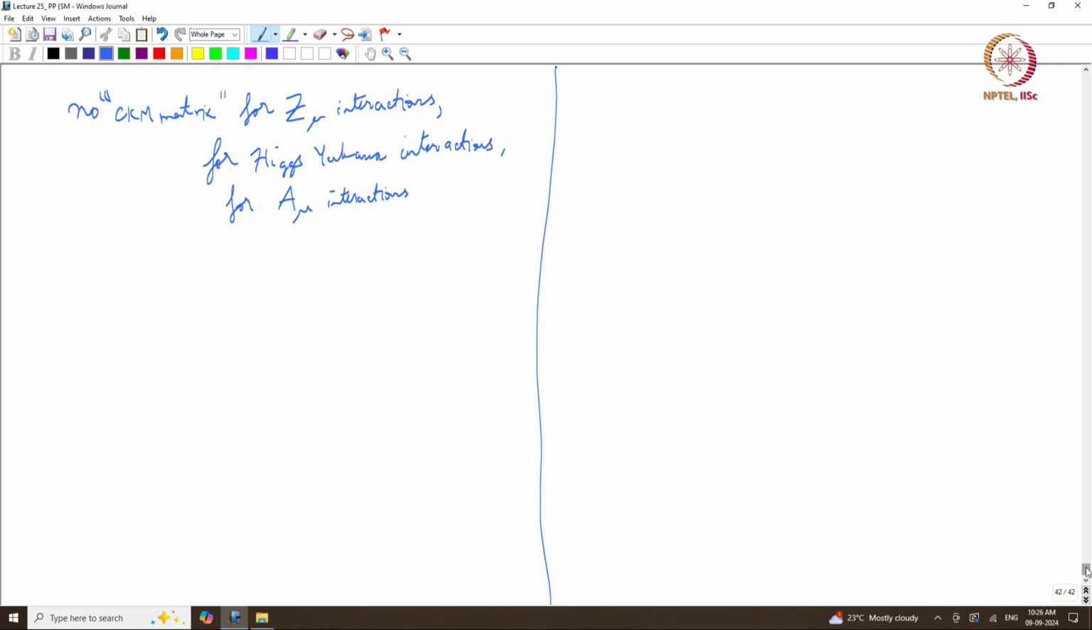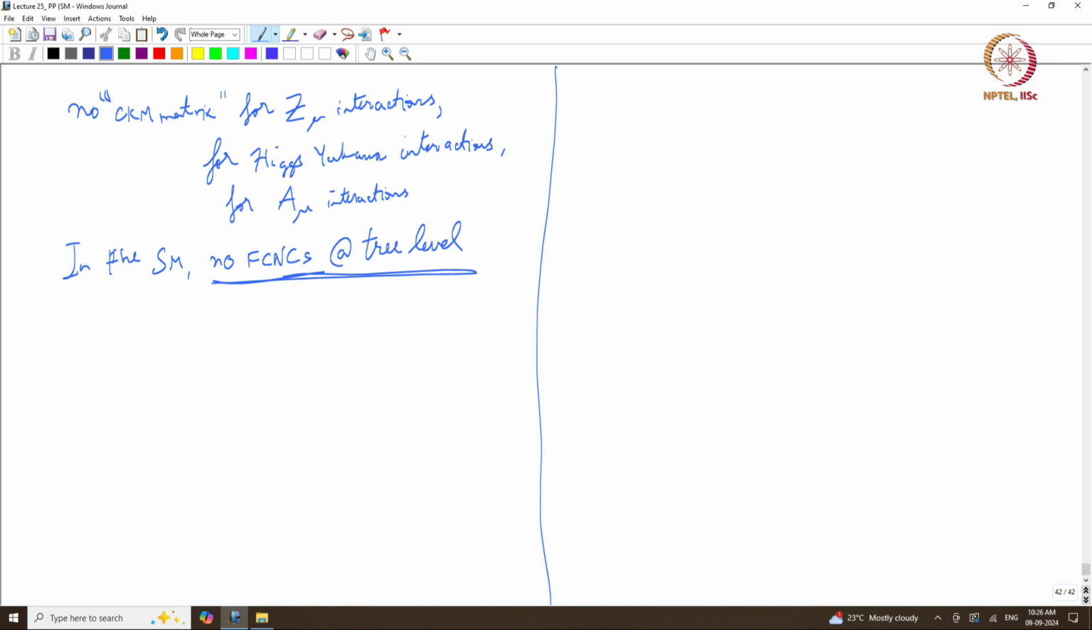So, the claim then is, in the standard model there are no flavor changing neutral currents at tree level, okay. This is a very important statement, has very important consequences, okay. So, why do I say at tree level? Because